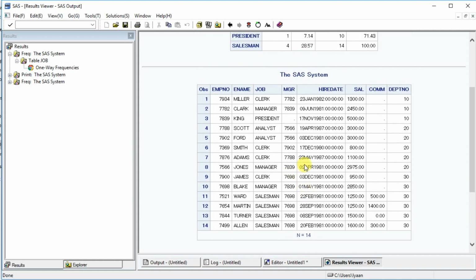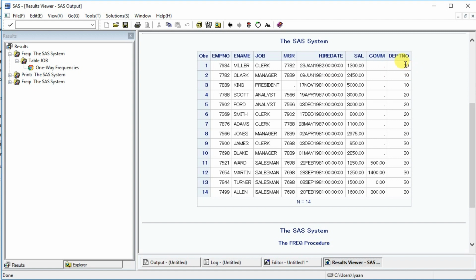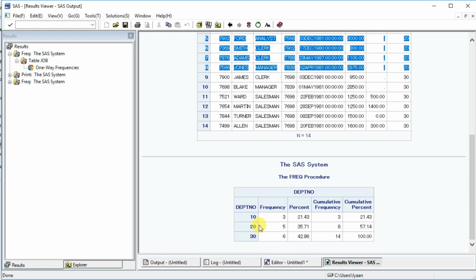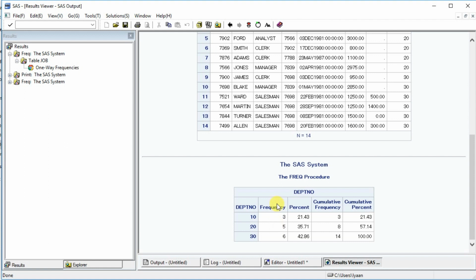As we already have the output, let's see this. We have only 3 people, including the president, in department number 10. So more or less this is not a department of production or sales. In department number 20 we have 1 2 3 4 5, yes, 5 people, and in department number 30 we have 6 people. 1 2 3 4 5 6. Fair enough. So this is the overall contribution in terms of percentage across the departments in this organization,